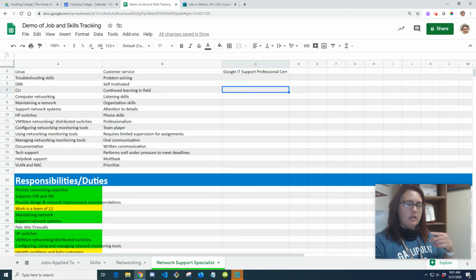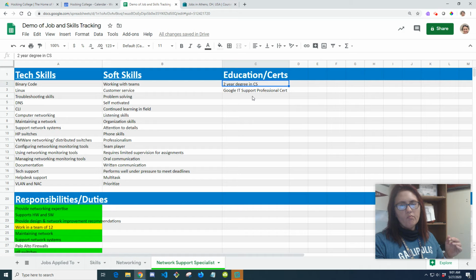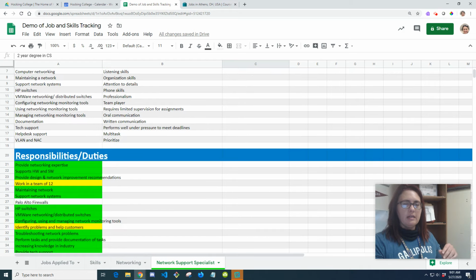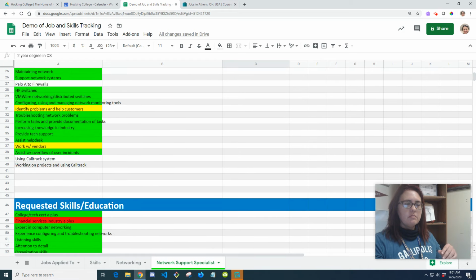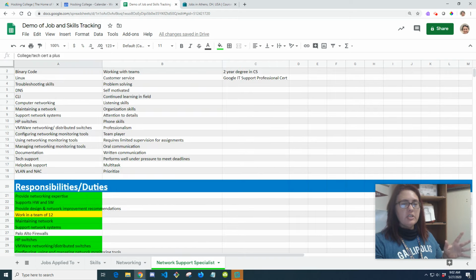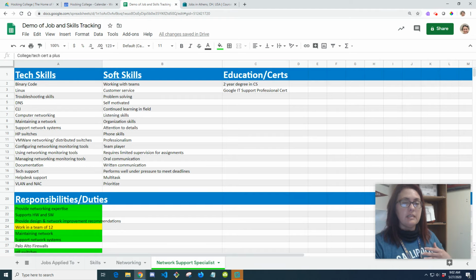and or a certificate. Yeah, I want to keep it like that. And even you can see right here is a plus. The college tech and cert is a plus. So it's not necessarily a requirement, but it's definitely something in our advantage if we have it. Okay, so